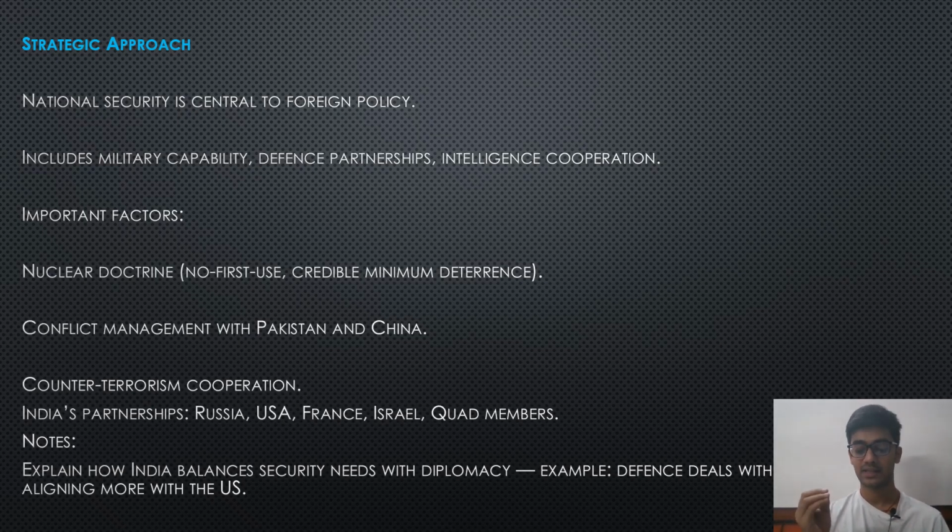And if you see the 9/11 attacks that happened in US, India said we give unconditional support, no questions asked. Because there was a terrorist attack and we believe that we should not tolerate terrorism, we will give unconditional support to USA. So India has lived up to that stance. India has always been totally against terrorism. And India expects that from other nations. So when it deals with other nations, when it talks to them, it makes it a point to ask them to keep terrorism at the core of it. That we have to fight terrorism till the very end. And this is again the strategic approach that India takes to making its foreign policy.